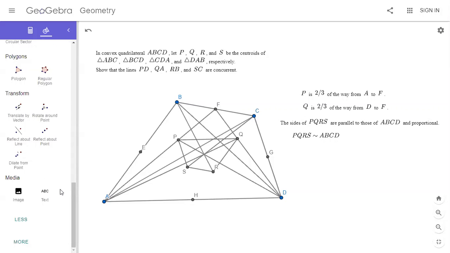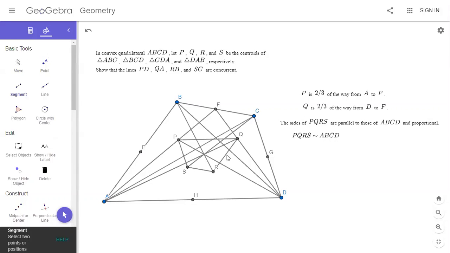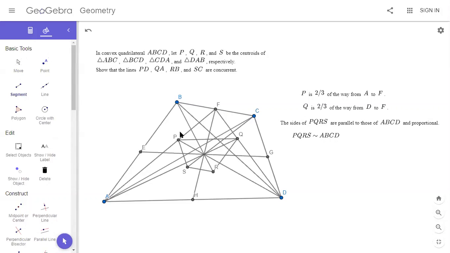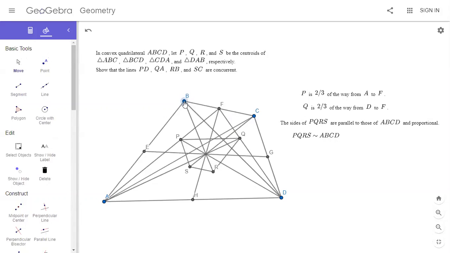So this is interesting. I wonder if, yeah, it looks like EG and FH also concur at that same point. So basically, if we can show,